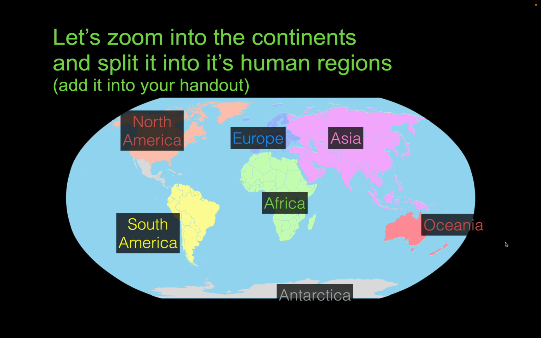All right. Now, I'm going to zoom in further to talk about splitting all this into human regions. I need to look at page 2. Okay. Now, human regions are basically, why do we call it human regions? It's human regions because it is defined by humans. There's no clear border and it's defined due to human reasons.